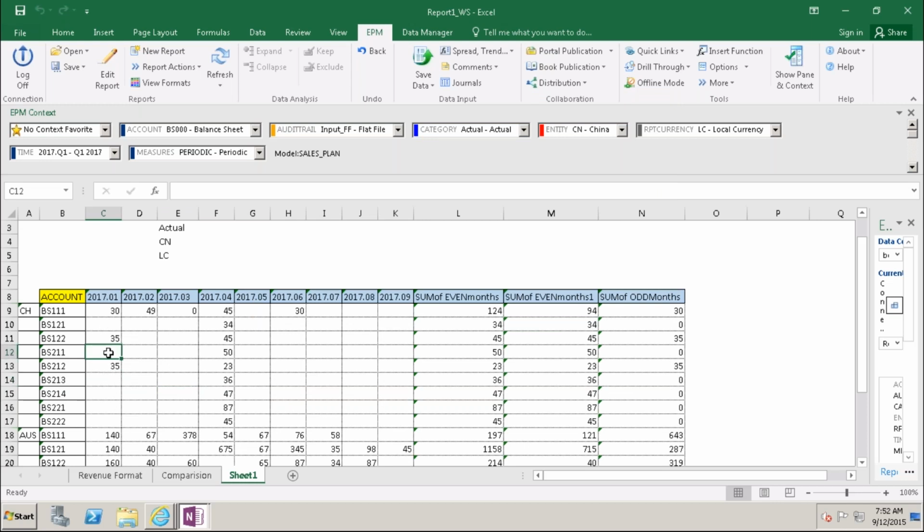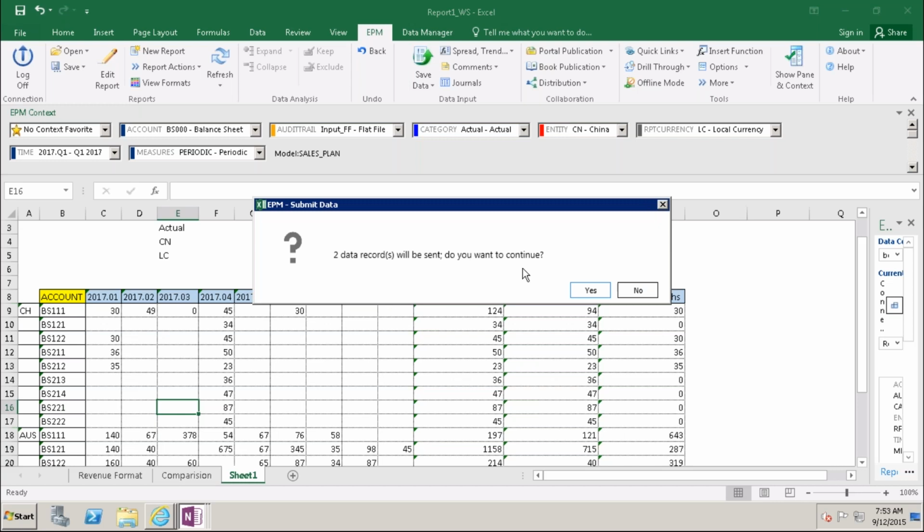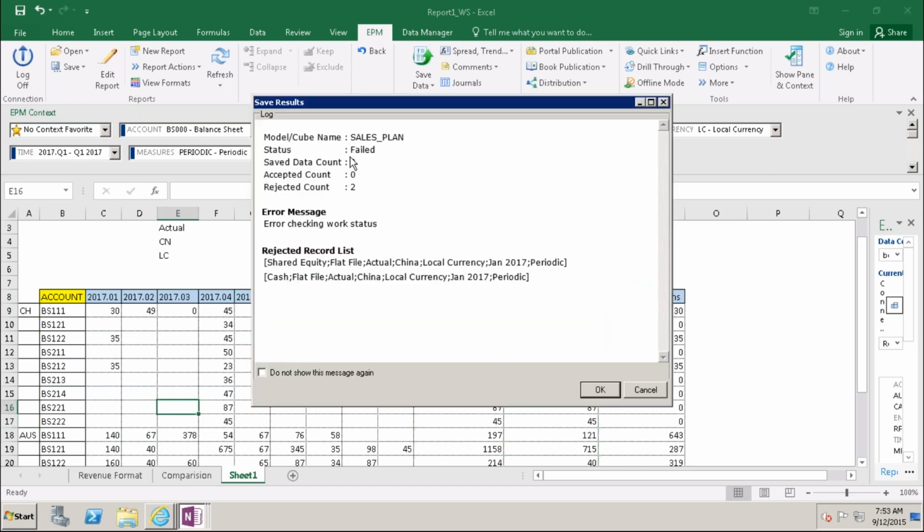He is trying to enter 30 here, make some changes and save 2 records, but it is saying that 2 records will reset. The system cannot allow him to post the data because it will always show error checking work status.